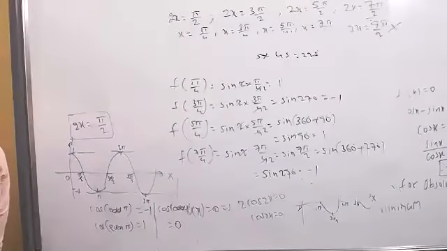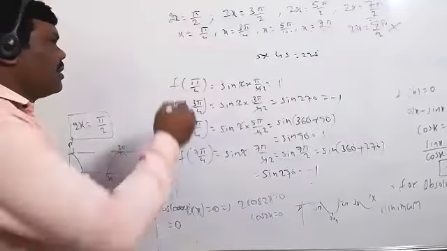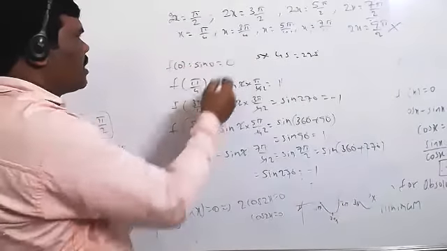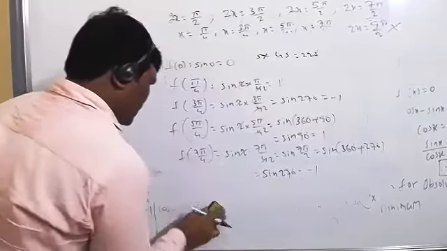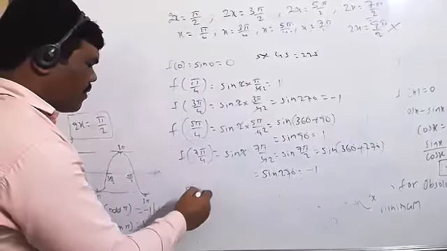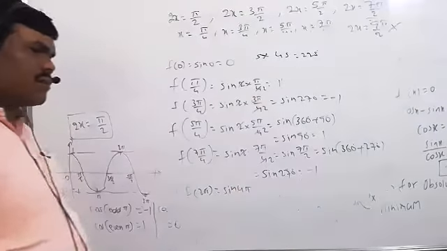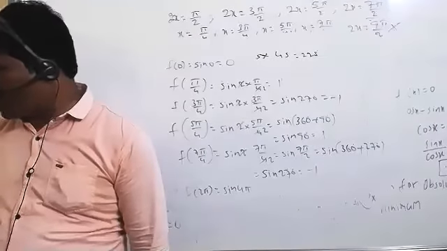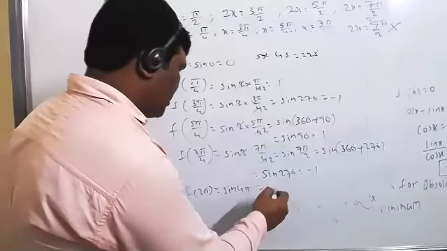And one more is there. Still we have to find the two numbers, we are not finding that: f of 0 and f of 2 pi. If taken f of 0, sine 0 equal to clearly 0. And if taken f of 2 pi, it is equal to sine 4 pi. Sine 4 pi means what do you get? 540? Sine 540 equal to clearly, this also will get 0 only.